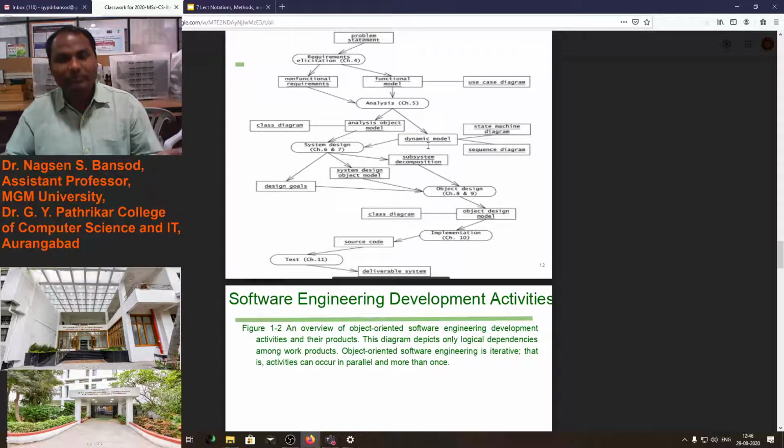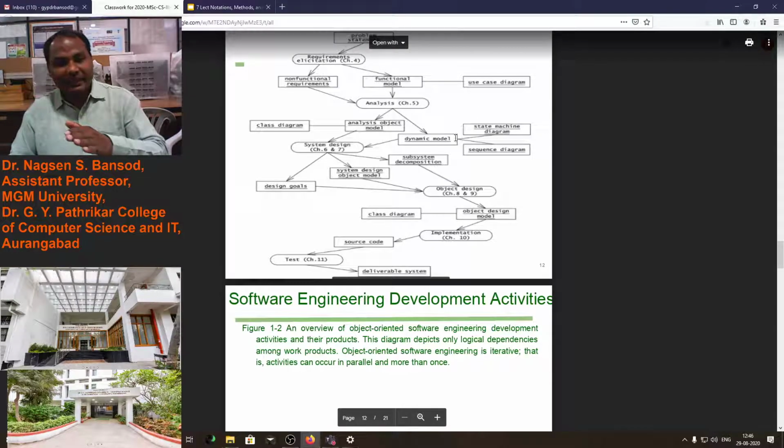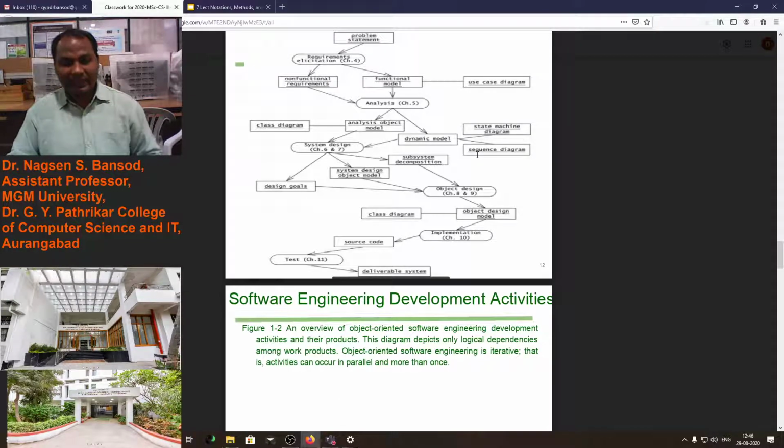They want a dynamic model, meaning the model will be customized at the user level, at the client level. Then we have to create the class UML diagram, state machine diagram and the sequence diagram. Okay, sir. Yes.